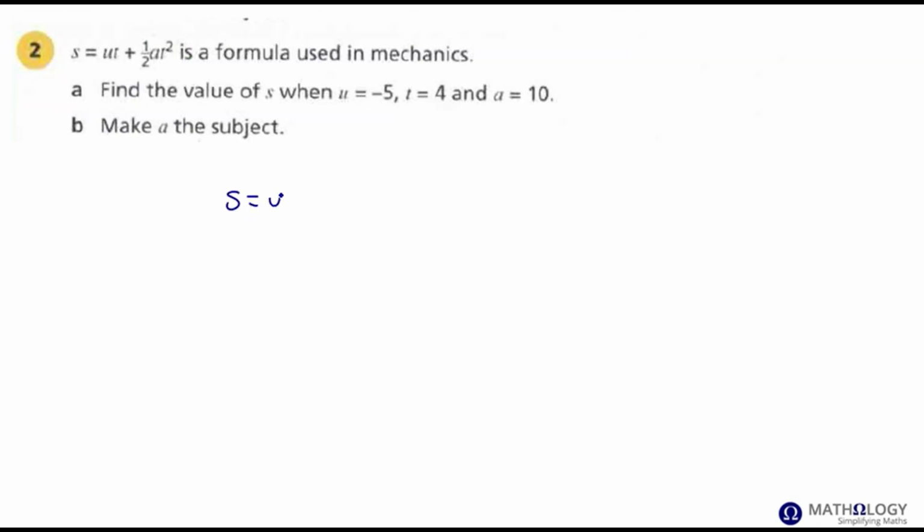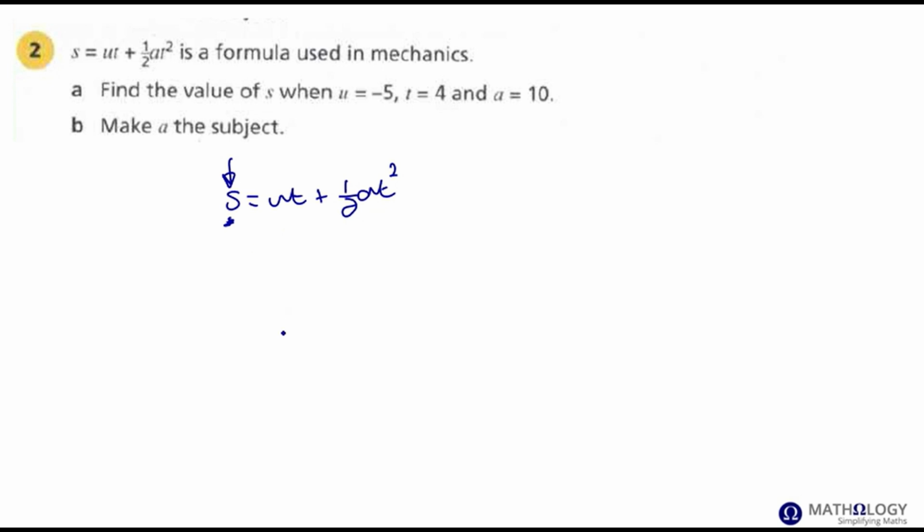Here, S equals UT plus a half AT squared. So as it is right now with this equation, S is the subject of the formula. It's expressed in terms of the variables U, T and A. Okay, here they want us to find the value of S when U equals minus 5, T equals 4, and A equals 10. Now, it makes a lot of sense to find the value of S now, as opposed to the previous question, because S is the subject of the formula. Only once you have the subject of the formula does it then make sense to evaluate the value of that expression, whatever it may be. So always look to make a variable the subject of the formula first before you want to evaluate an expression